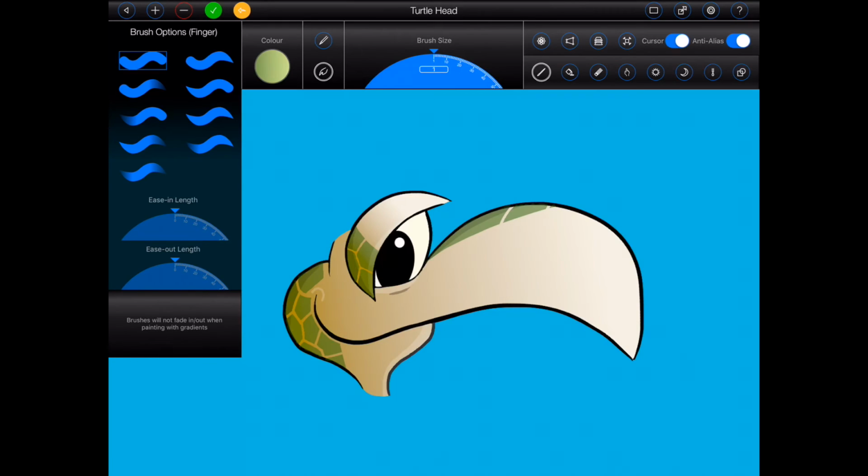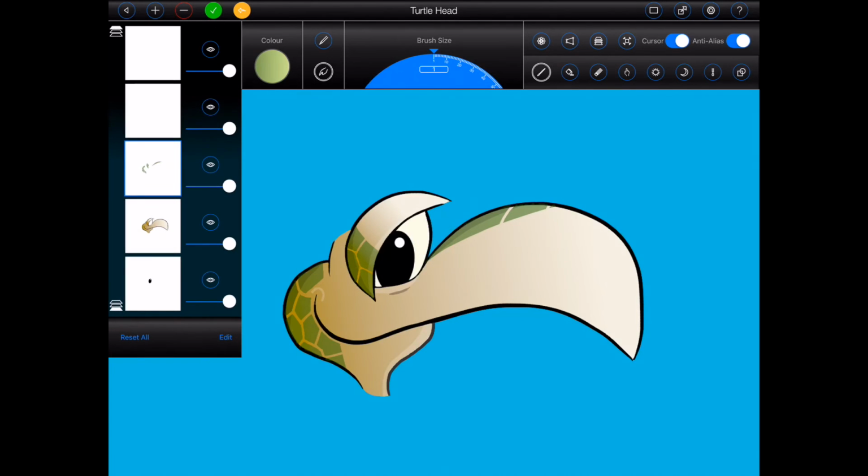Now, during this tutorial, I've mentioned adding content to the currently active layer. In Animation Pro, image projects have 5 layers. You can view and manipulate the layers by pressing the button as shown. This will open the layer panel. Each layer in your project is represented by a thumbnail showing its content, where the thumbnail for the currently active layer has a blue border. You can turn layers on and off by tapping on the buttons with the picture of the eye on them. You can adjust the opacity of each layer by dragging the sliders.